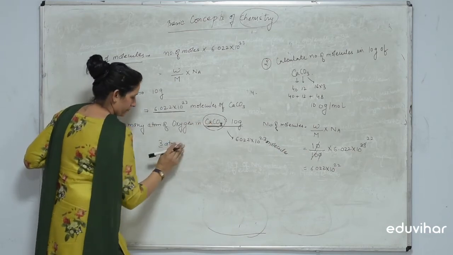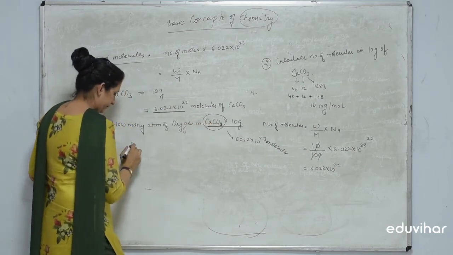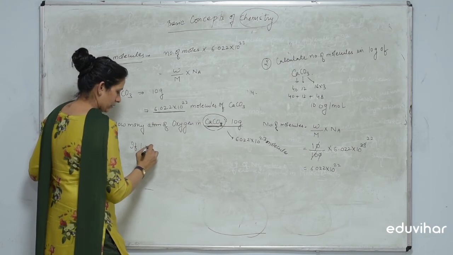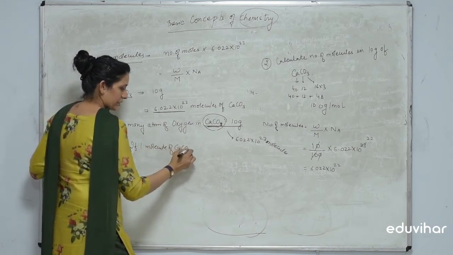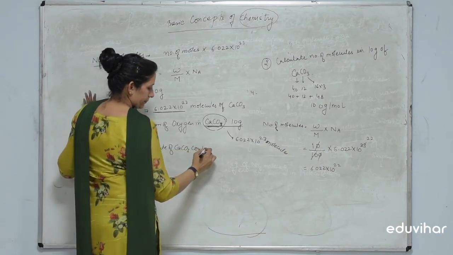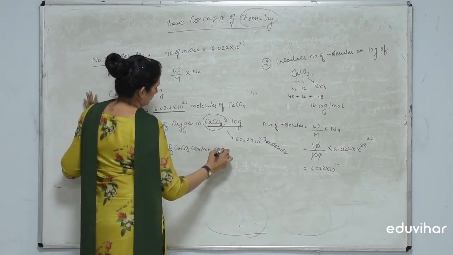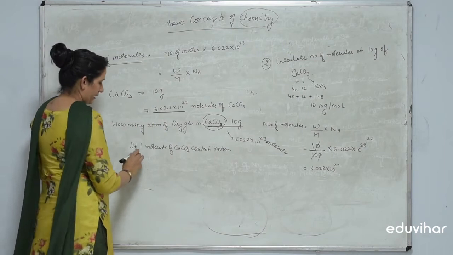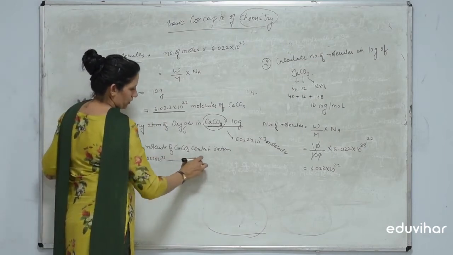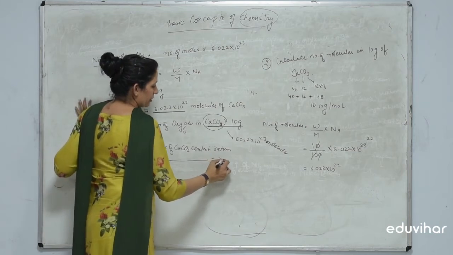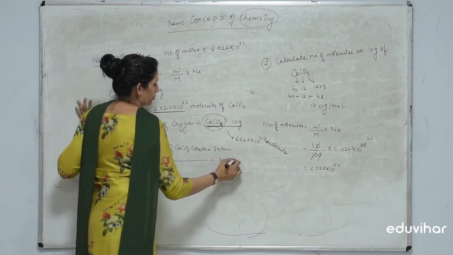If one molecule of calcium carbonate contains 3 atoms, clear? Then 6.022 into 10 to the power 22 molecules of calcium carbonate contain 3 multiplied by 6.022 into 10